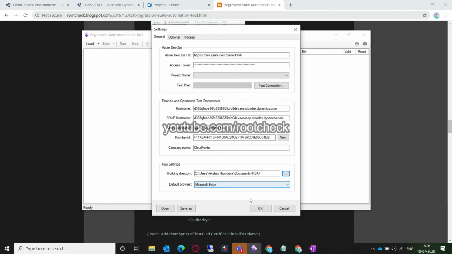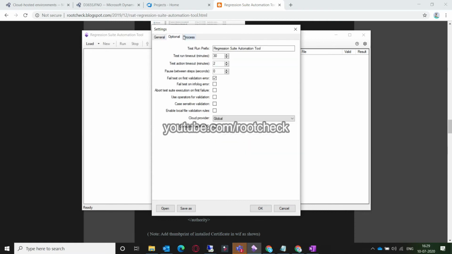In IIS, go to the AOS services, and under that you can find the host name and the SOAP name. I will show you that also. Also we need to select the project name and test plan, and click on the test connection button.